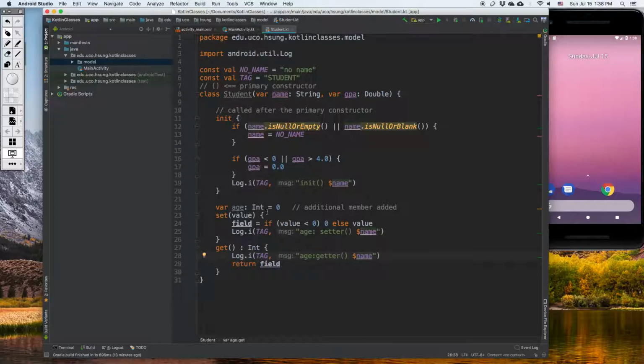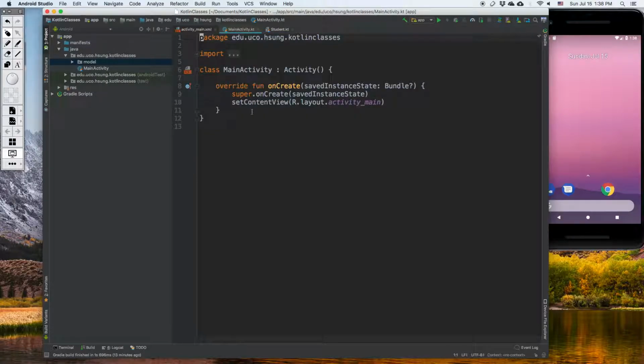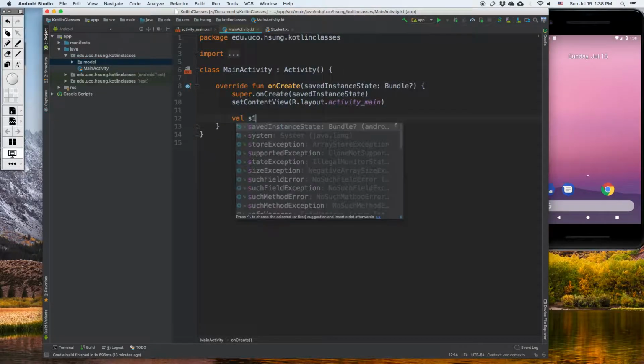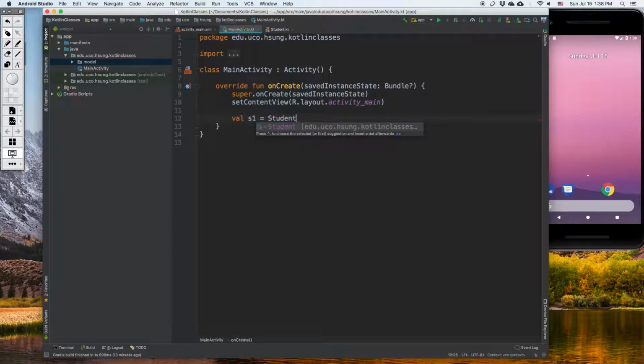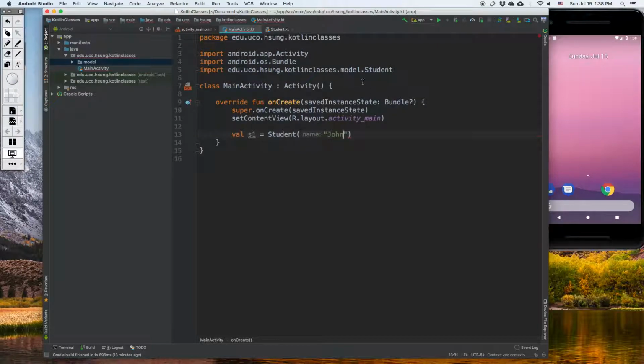So now let's test this part. On main, let's create a student object, student John. The student class is imported, with GPA and so on. Then on logcat